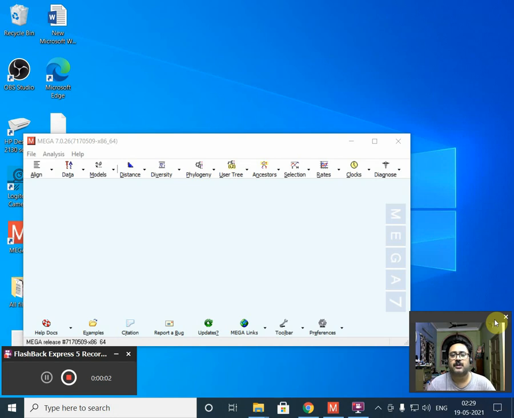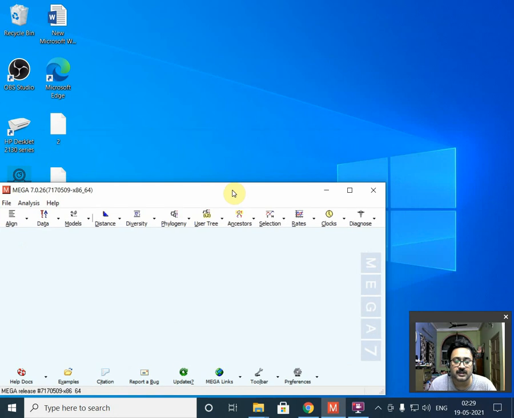Okay, so now welcome to the next video. Suppose you are planning to do multiple sequence alignment, all of you must have seen this. There are multiple different algorithms which you can follow for this purpose, for example Clustal W and MUSCLE. And if you go for any of the new software being utilized for the creation of this MSA,